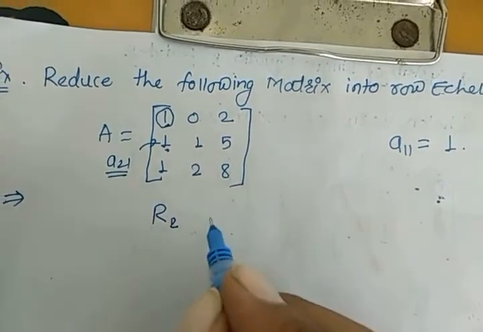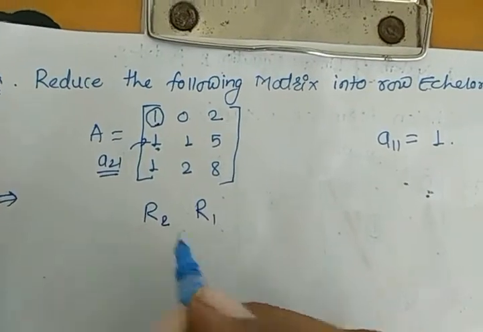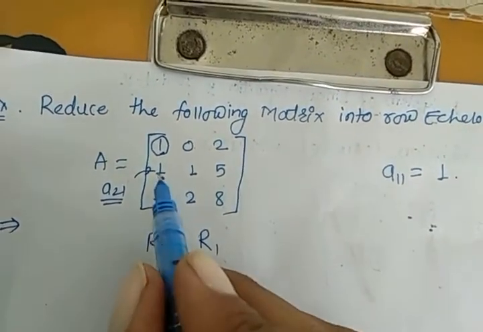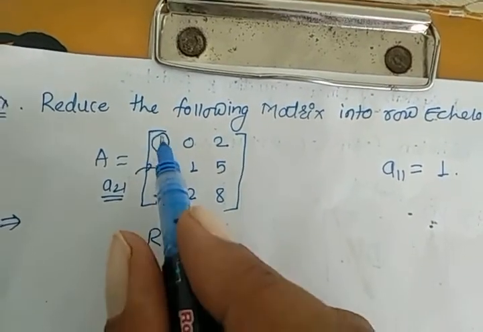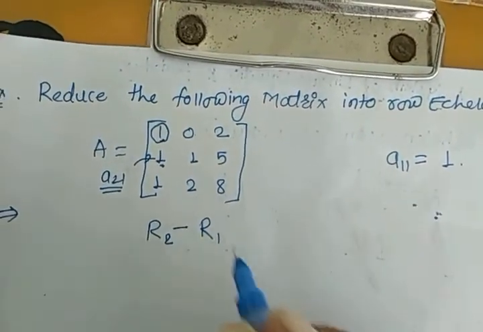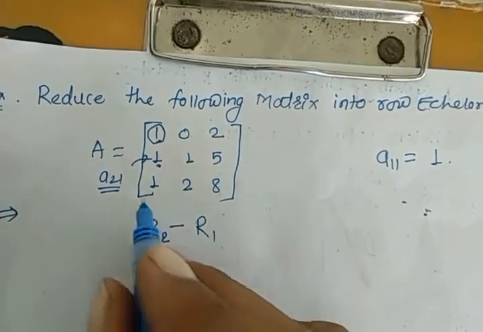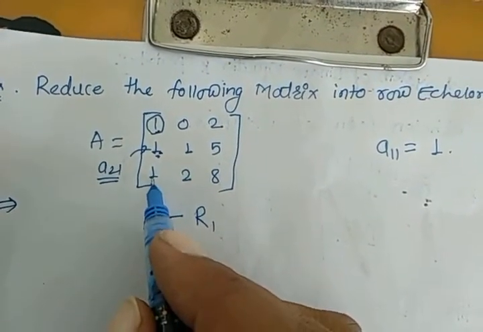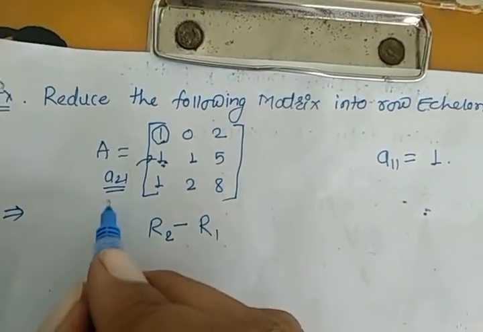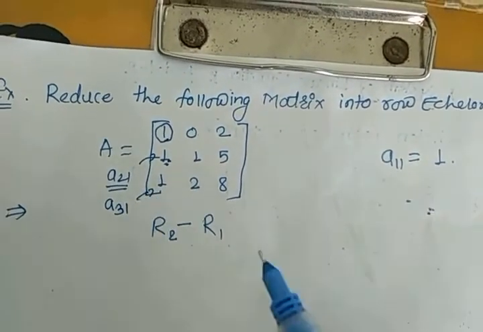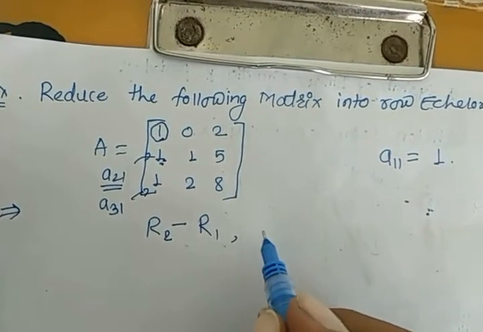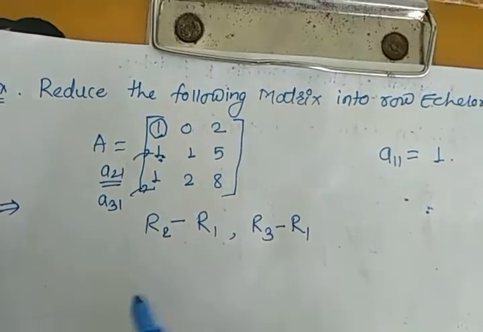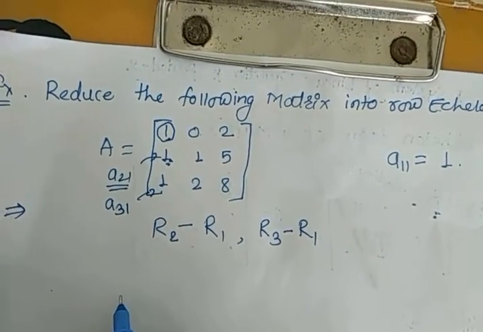between two rows, R2 and R1. So here the coefficients are both 1, so we directly subtract R2 minus R1 so that this position will be 0. Now to make this position 0, this position is A31, so the row operation will be R3 minus R1. Therefore we have a matrix